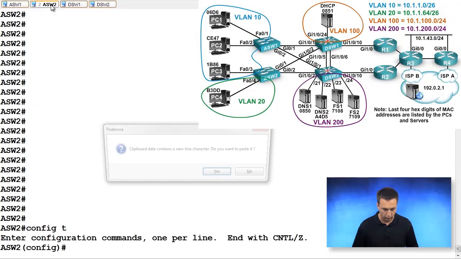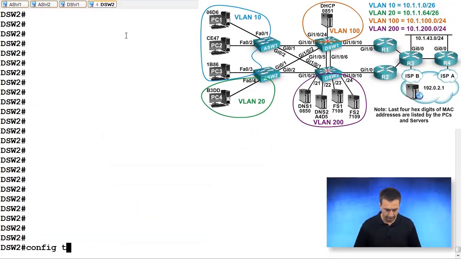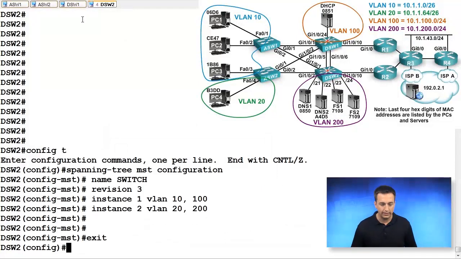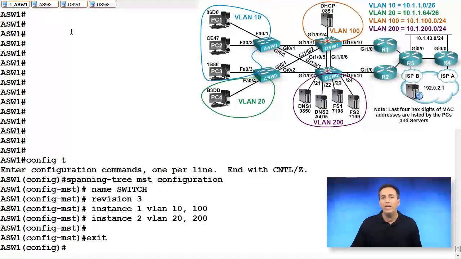Go in the global configuration mode and paste it. And DSW2 will do the exact same thing as well. So now all of these switches have the exact same MST configuration. When we enable MST by typing in spanning tree mode MST in global configuration mode,